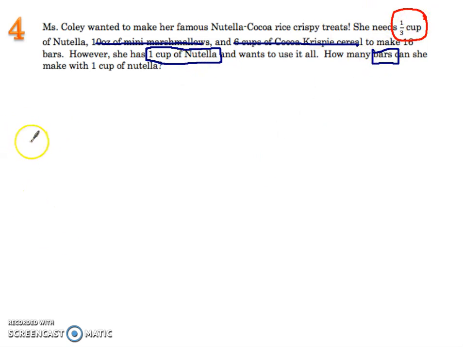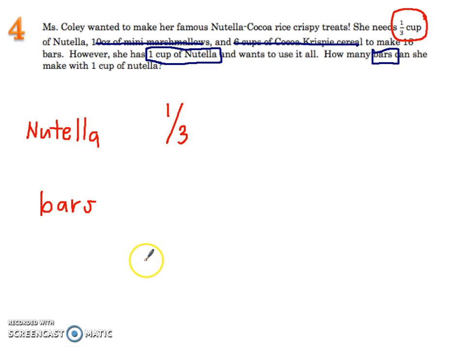So I am going to now set up my double number line, or my equivalent ratios. I have Nutella and I have bars. It says she needs 1/3 cup Nutella to make 16 bars. And again, if you need to go back, just make sure you circle that so you know what she actually needs with the recipe. She has 1 whole cup,